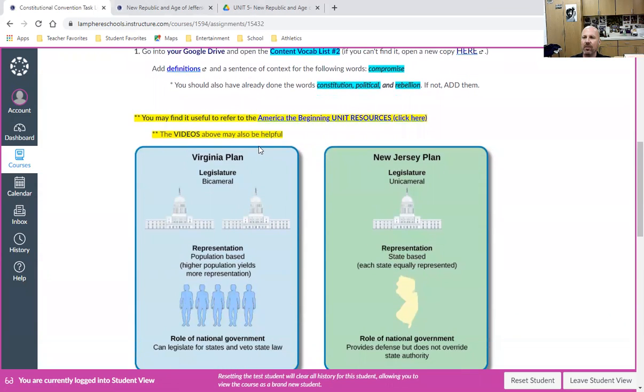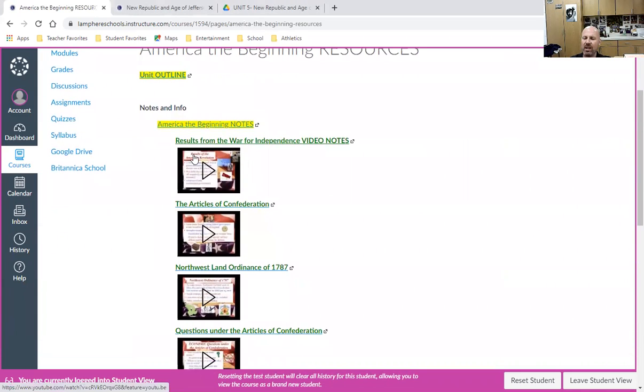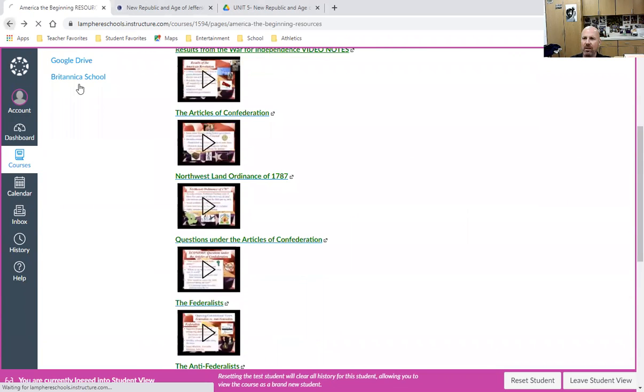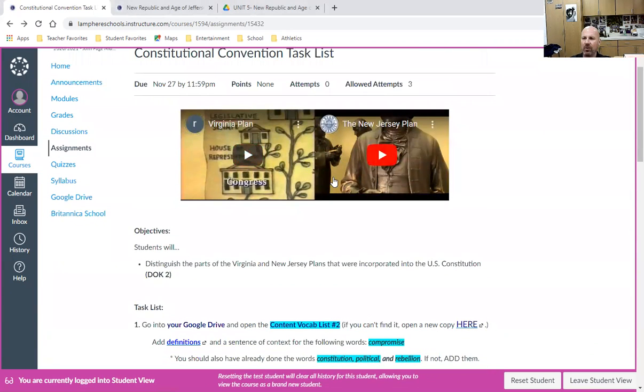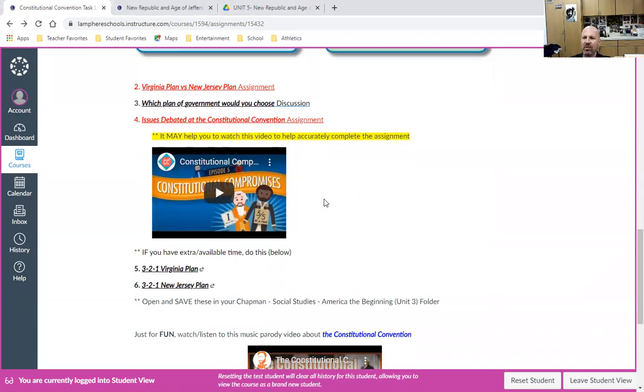Scrolling down, it also gives suggestions for links that will help them complete the assignments for today. The unit resources here, so if I click on that, it will take us to the unit resources with the notes, videos that segment various pieces of the content, as well as other resources as well. It also points out that the videos at the top here can also help them complete the tasks or the activities for today. But as you're looking at this, you'll notice that numbers 2 through 6, some are in red,